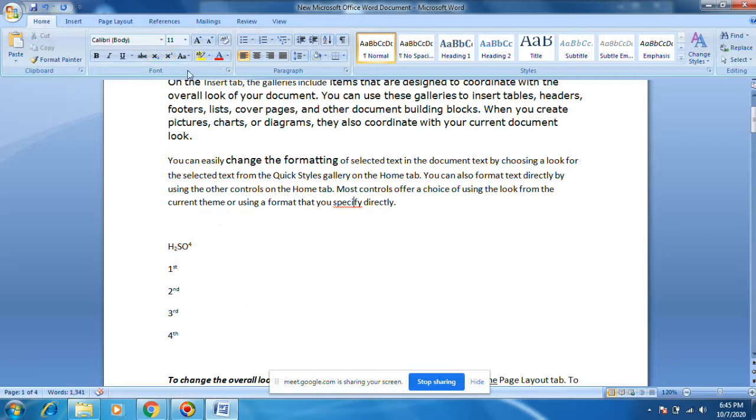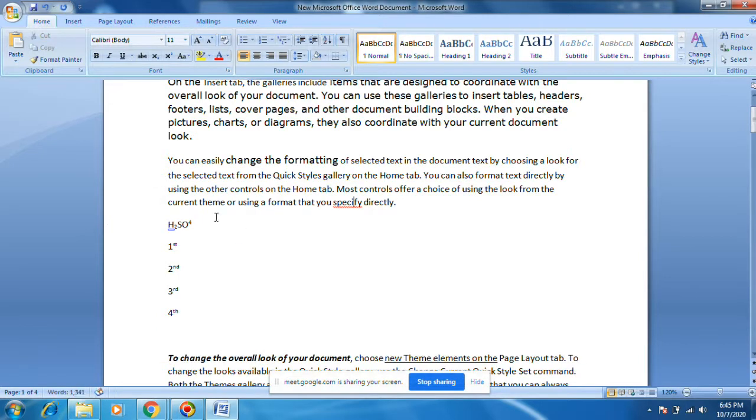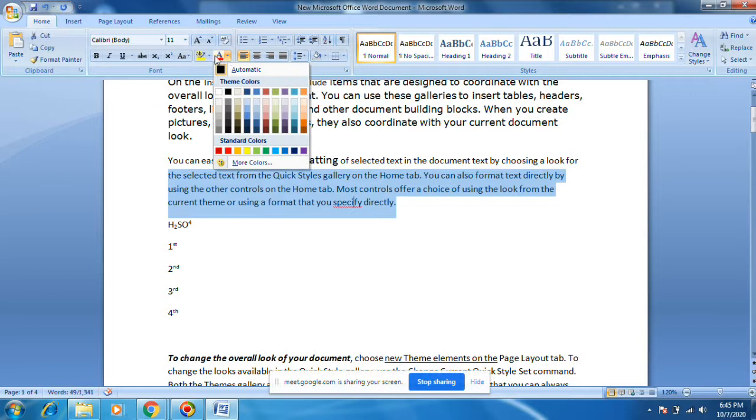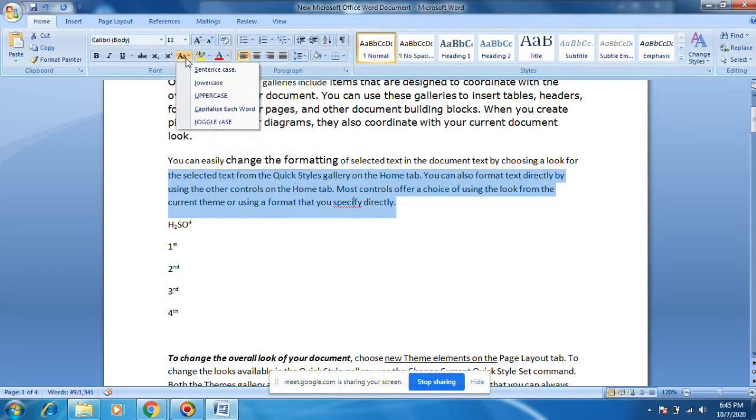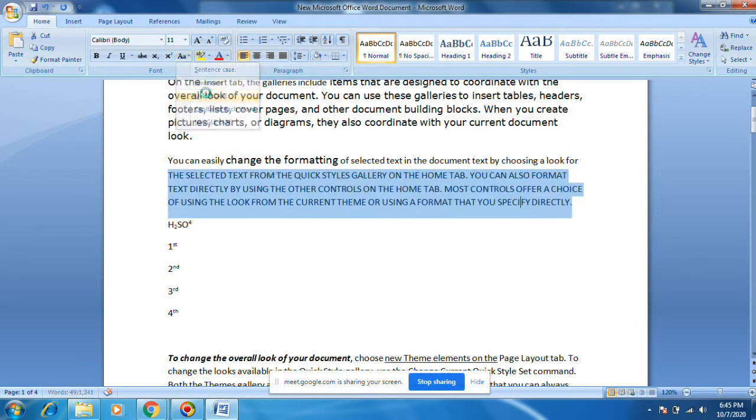Okay, this is case: uppercase, lowercase. Uppercase is nothing but capital letters. All these are uppercase letters. All these are lowercase, small letters. If you want to convert this to uppercase fully, you can go to uppercase. All data converts to uppercase.